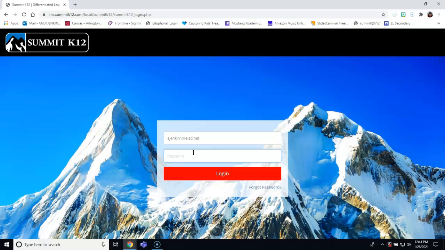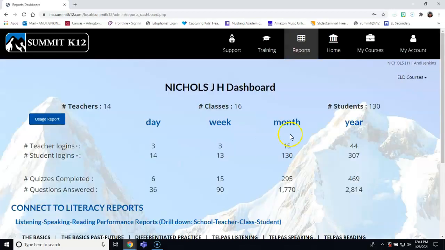It's your school email. The default password is summit@K12, all lowercase. And then go change your password to your school password or whatever you want, and that way you'll remember it. So when you log in, I believe it takes you to a My Course page,